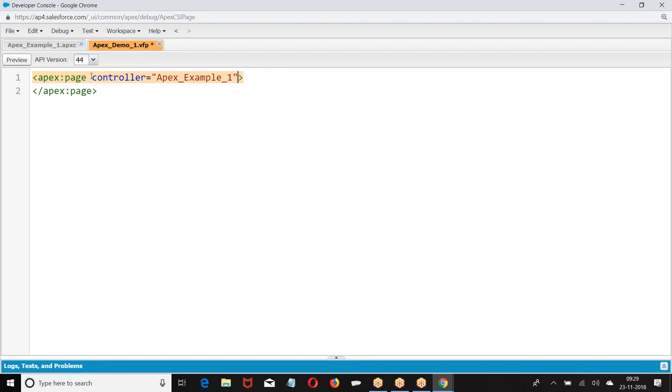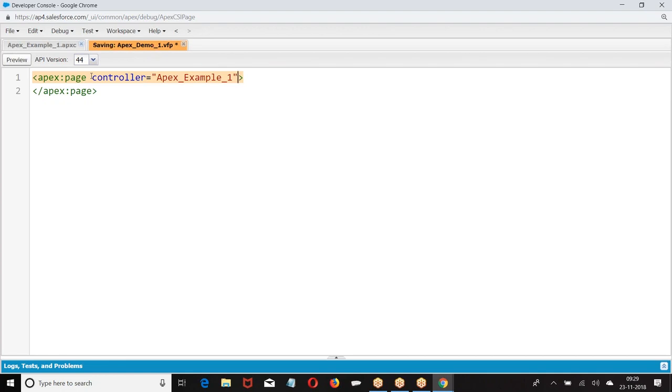If you want to refer to any Apex class in the VF page, that class should be defined as the controller. Controller means custom logic.